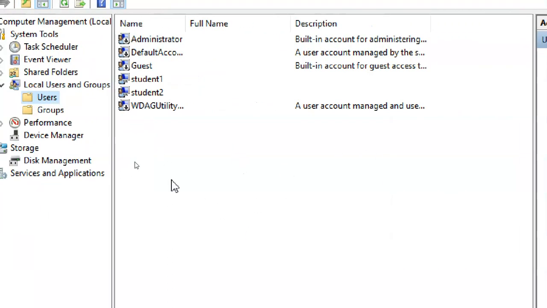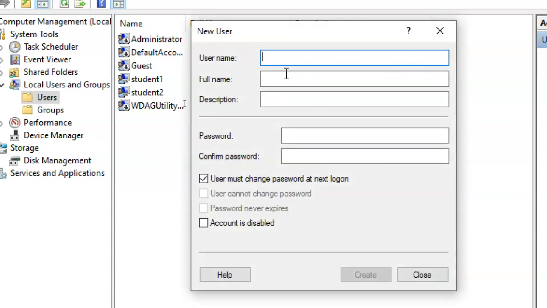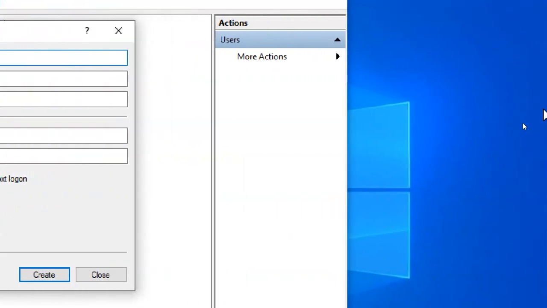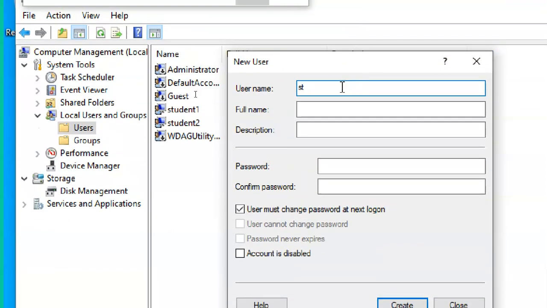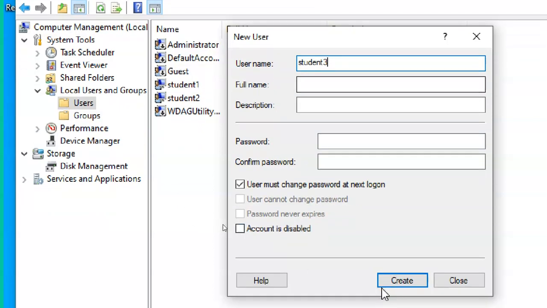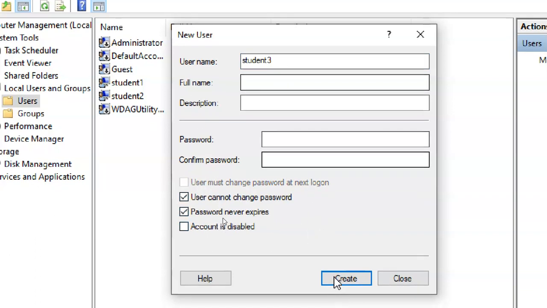Then in this white space we have to right click. Very good. New user. Give the username. If you want to give other details, give it. I'm unselecting this one. Create. These are optional. These two are optional.